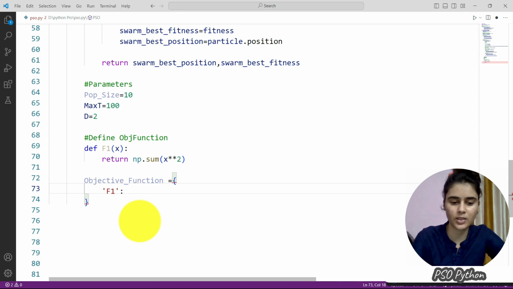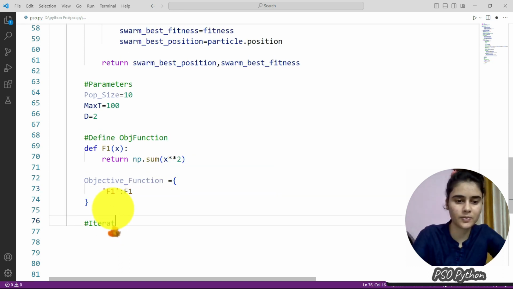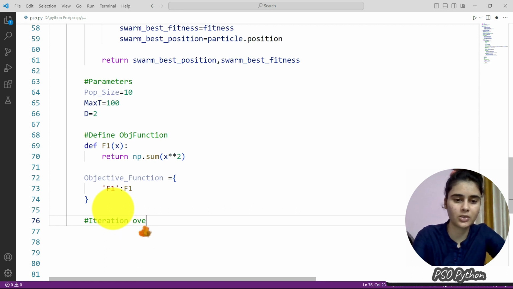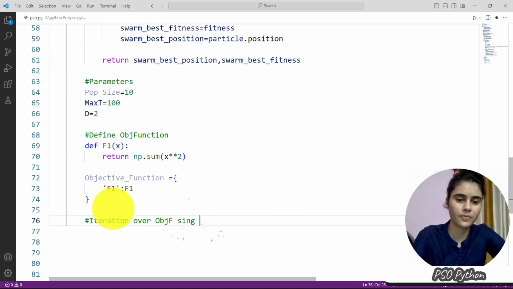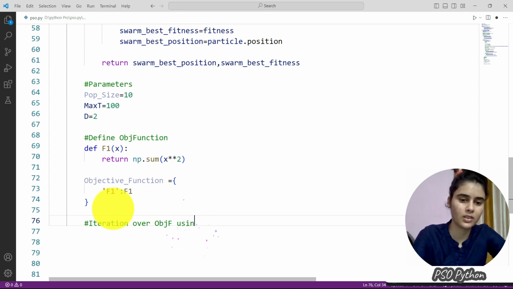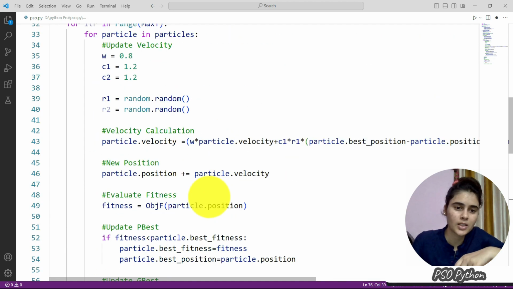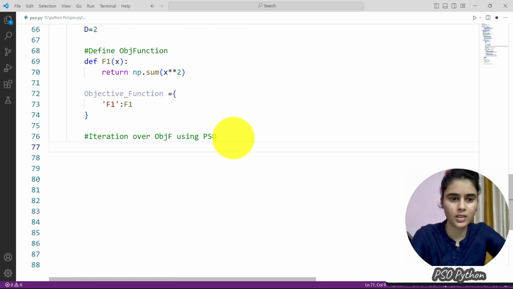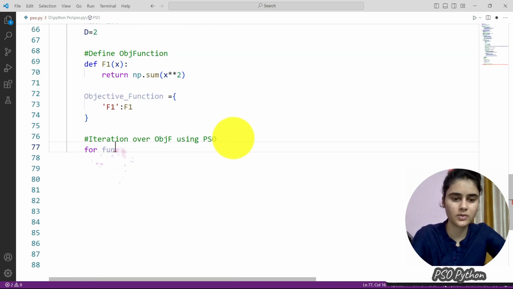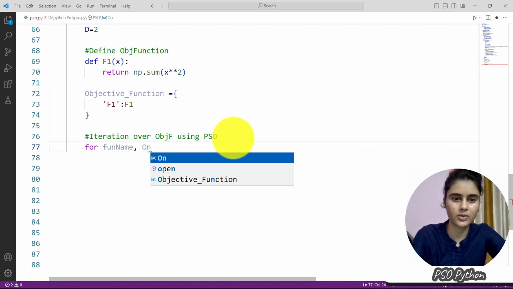Test this with, so first we will test this for one objective function. Now we perform the iteration over the objective function using the PSO function that we created here. So for function name we have the objective function.